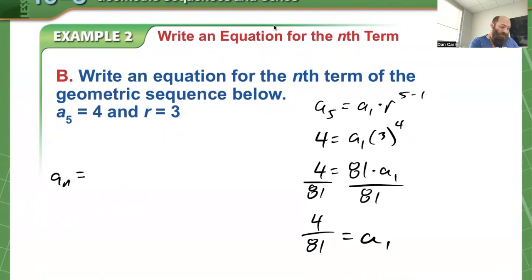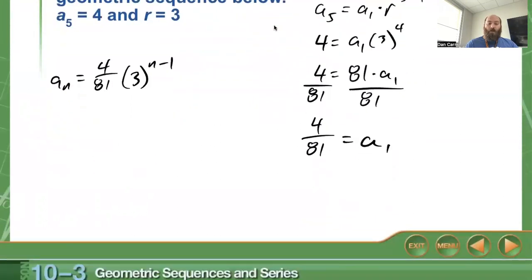So that I can say a sub n is equal to the first term, 4 over 81, multiplied by 3, raised to the n minus 1 power. Okay, again, just using the formula. What pieces do I know? How do I use that to find the unknown pieces? All right,